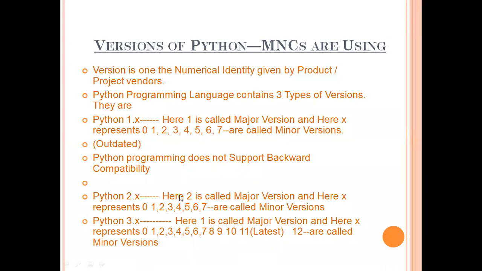Let me give an example. Earlier 2.x was there. 2 was the major version, and as I've told you earlier also, .1, .2, .3, .4, .5, .6, .7 were the minor versions. Nowadays the major version is 3, and 3.11 is hot. So we recommend you download the Python 3.11 version from